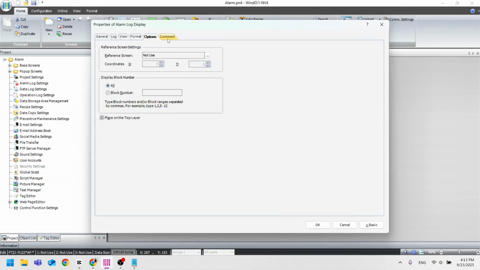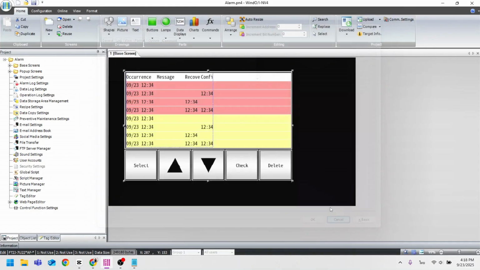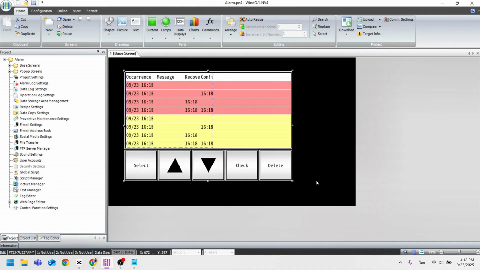Part 6. The Comment tab. The main purpose of the Comment tab is for you to add your own descriptions or notes about the specific part you are configuring. This concludes our explanation of what each function is and how it works. Please press the Cancel button now so we don't save these settings.